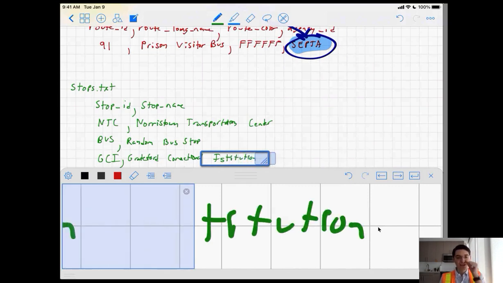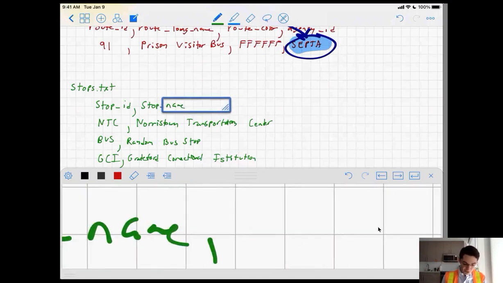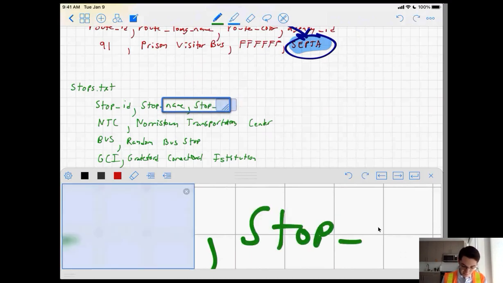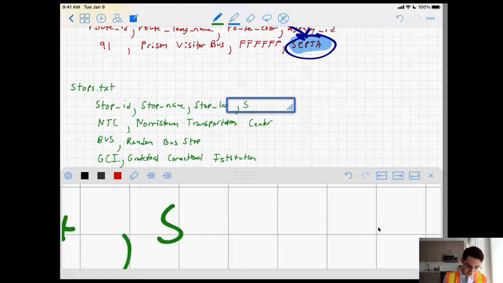I think it's an institution. It's the prison. So right now we have the stop IDs and the stop names. All right, that's some helpful information. What else might you want to know about a stop? You might want to know where the stop is located. In that case, we could have something like a stop lat and a stop